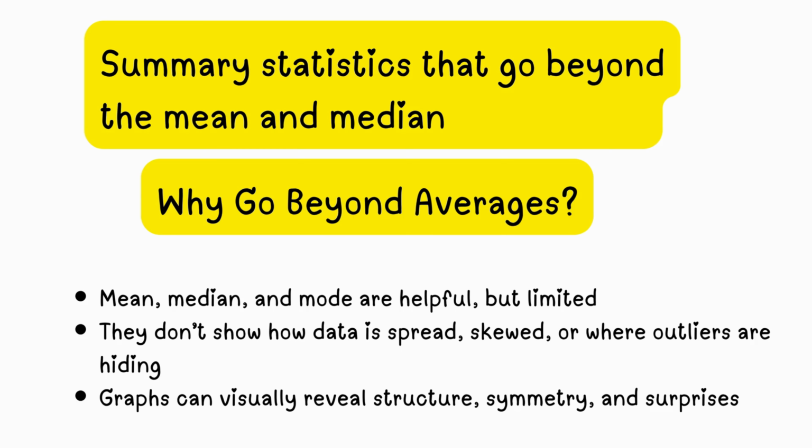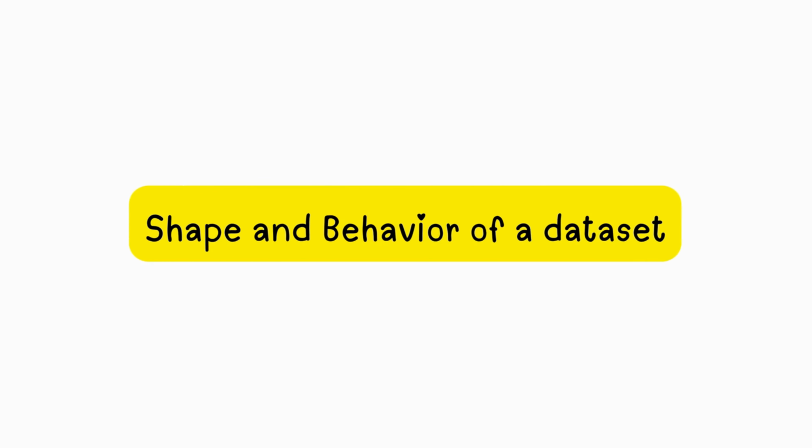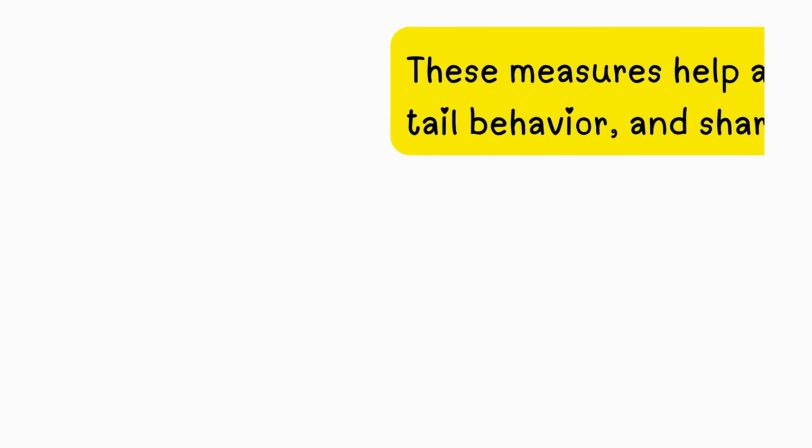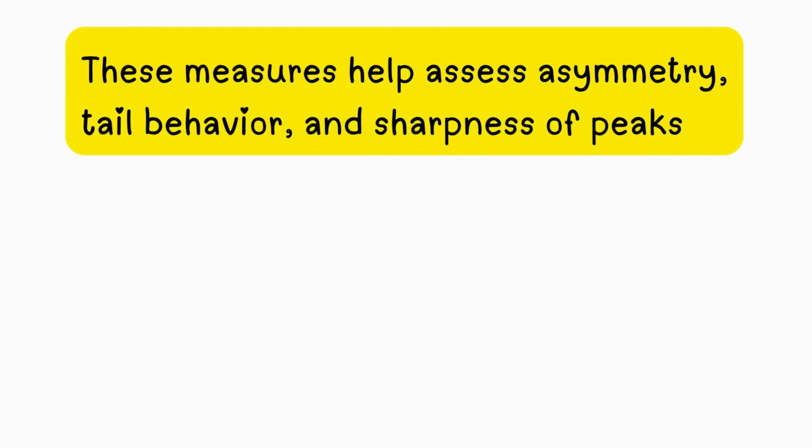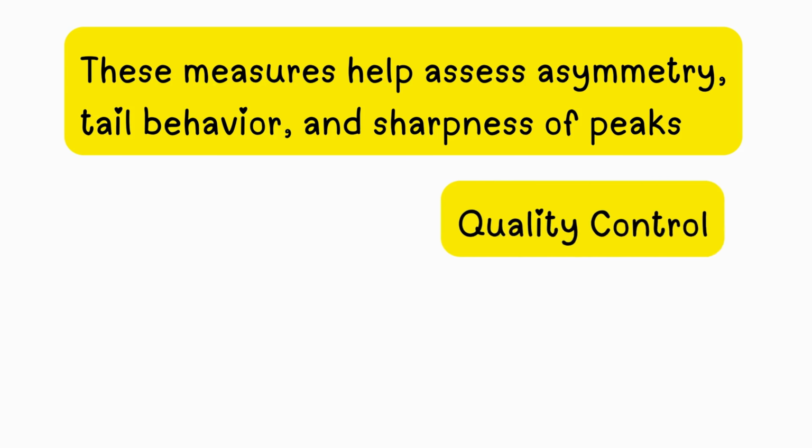After that, we will explore summary statistics that go beyond the mean and median. We will look into terms such as skewness and kurtosis. They may sound technical, but they offer meaningful clues about the shape and behavior of a dataset. These measures help assess asymmetry, tail behavior, and sharpness of peaks, which are important in areas like quality control, finance,